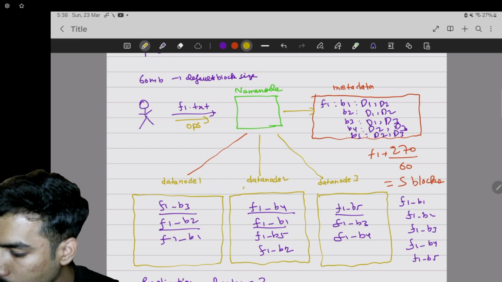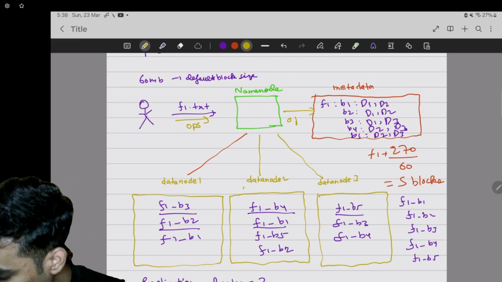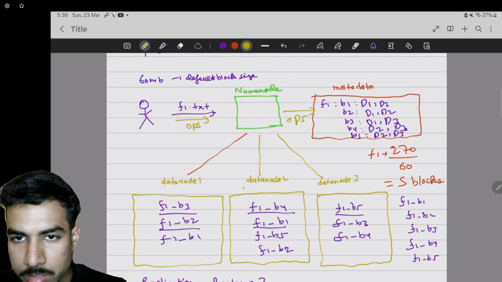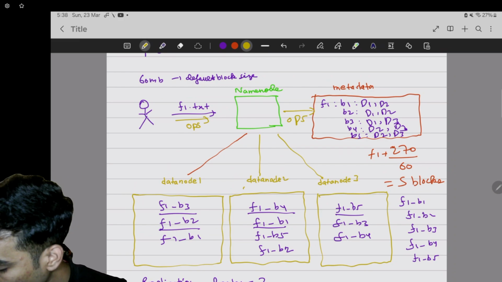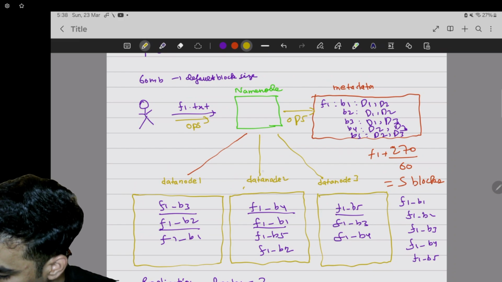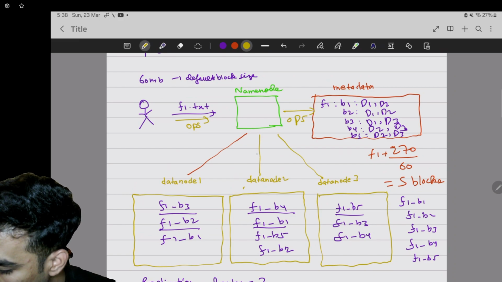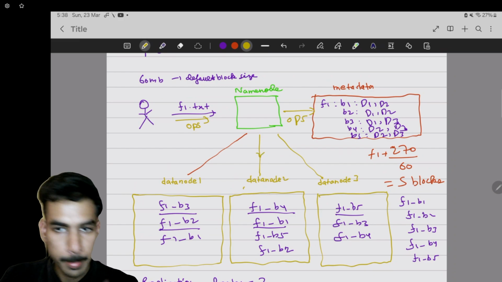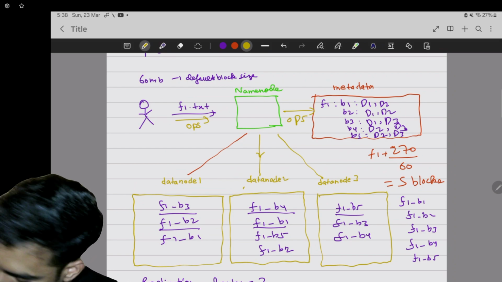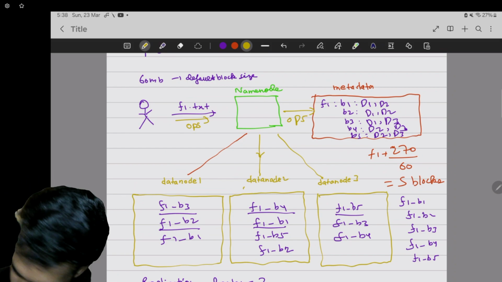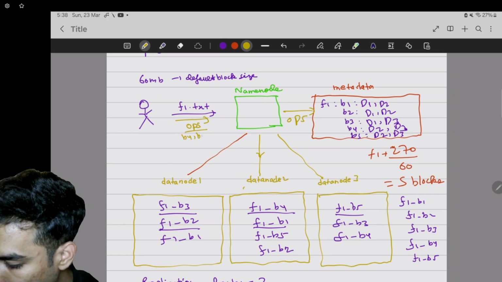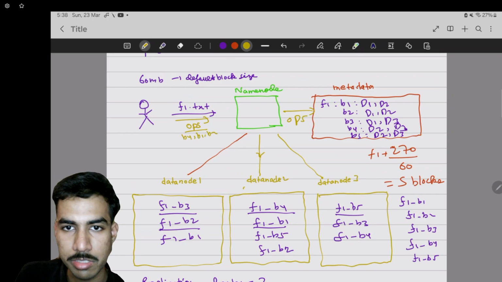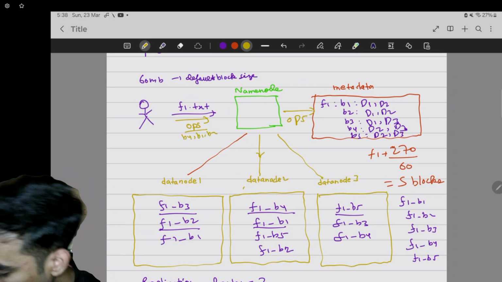Name node would access the metadata to assess the mapping of the blocks, and then after knowing the mapping of the blocks, it would go to the specific block in the data node. Let's say I have to do read and write operations in B4, B1 and B2. Now what happens is,